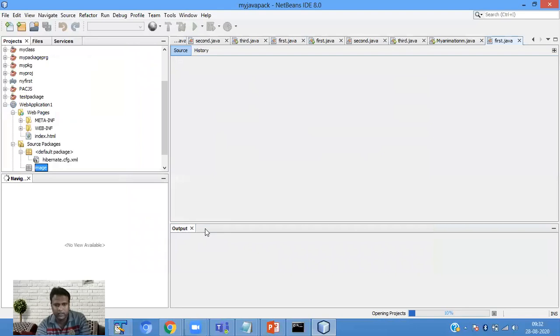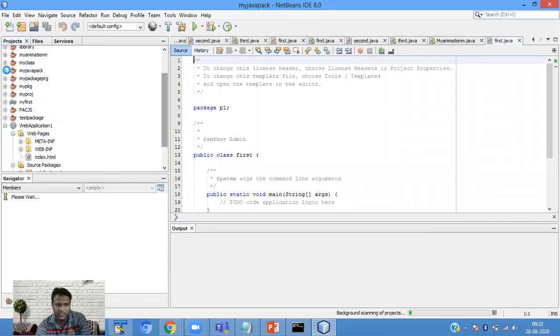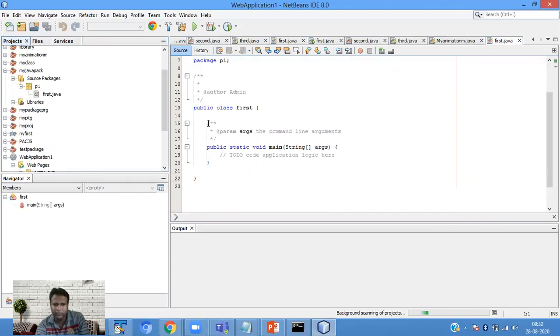You can see that your application has been created, and if you notice here in the source package, a package p1 is already created and the class first is present. So in that first class, I am defining a function.